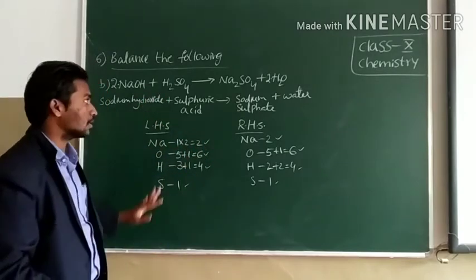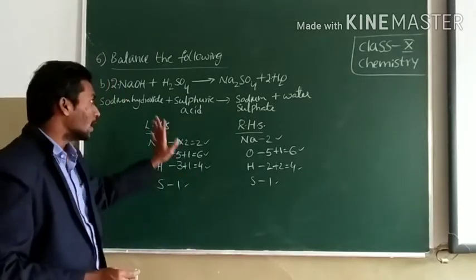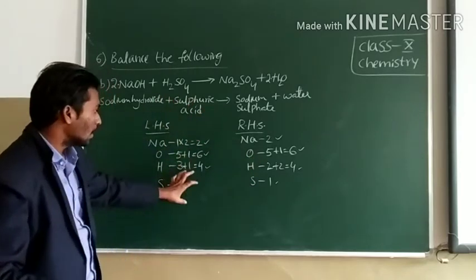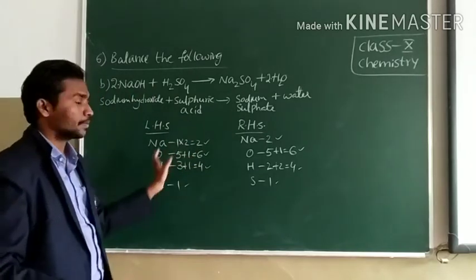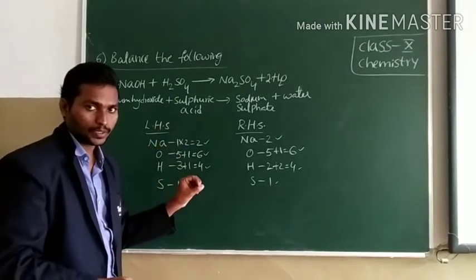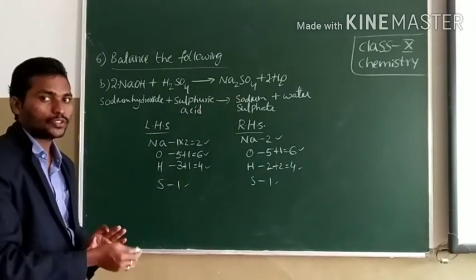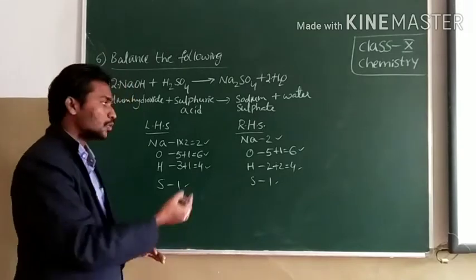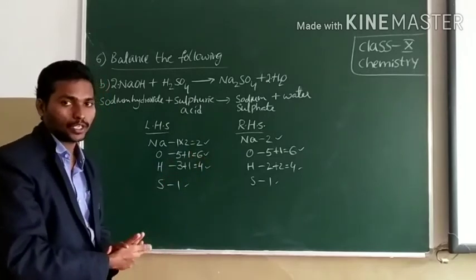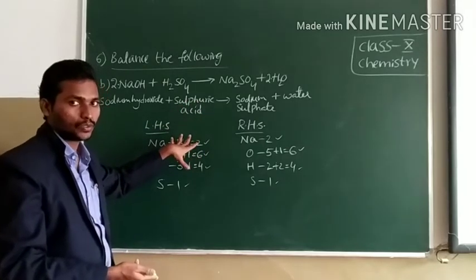I hope you understand this, children. If you want to balance the equation, first you need to write number of atoms on LHS side and RHS side. First you write the number of atoms present in the given equation. After that we have to use smallest whole numbers. By using smallest whole numbers, we need to balance the equation. So this is the way we need to balance the equation. I hope you understand this. You need to complete remaining questions from this session. This is 60th question. Next.